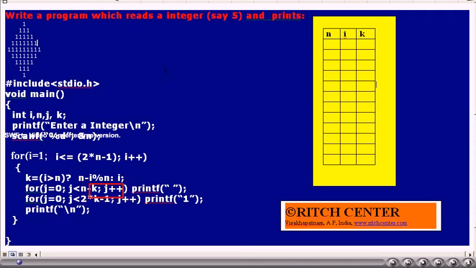The next row, i value is 3, k value is 3. Then we require 2 into k minus 1, that is 5 ones. So like that we can say that we require n minus k spaces followed by 2 into k minus 1 ones in every row. This is the logic of this program.